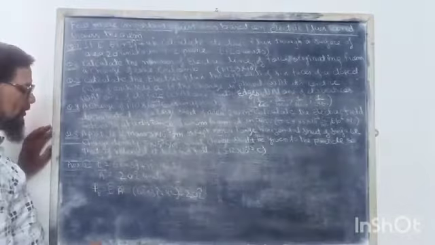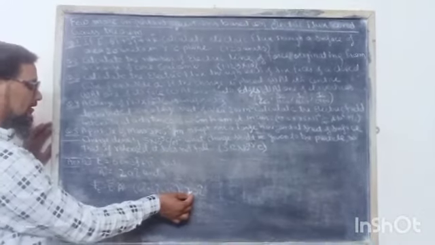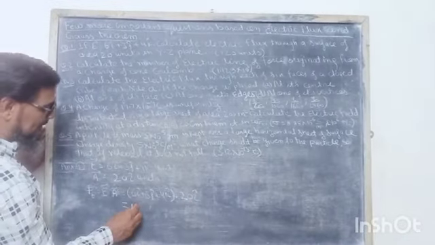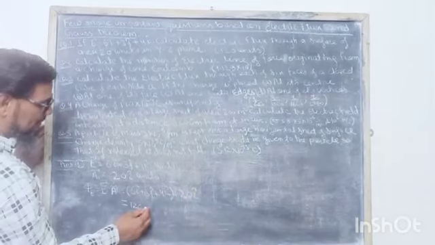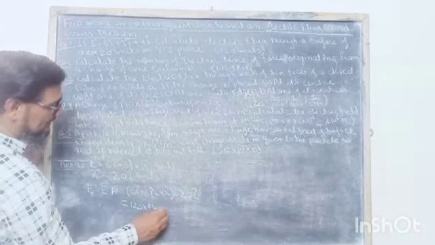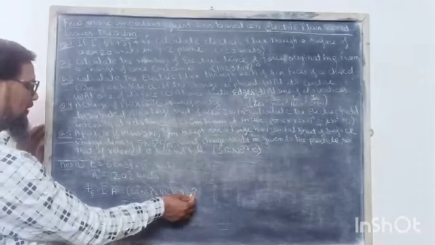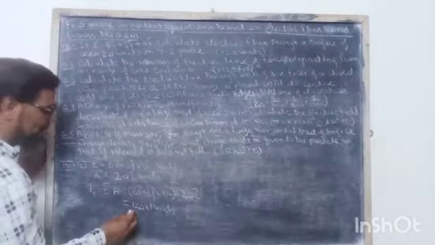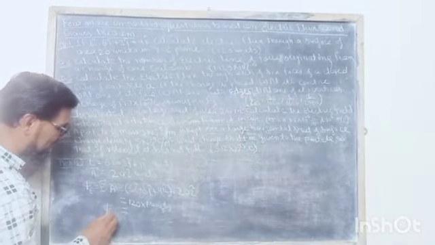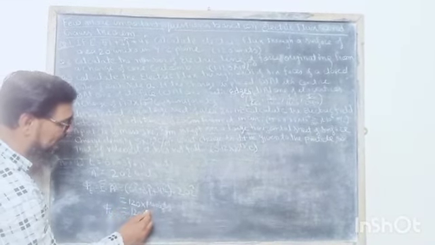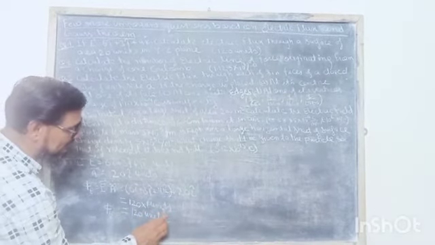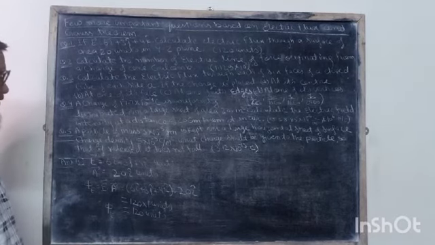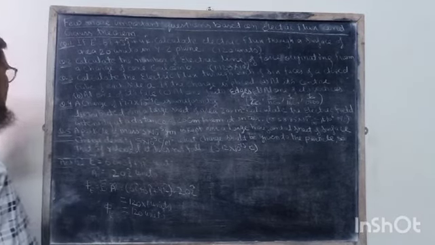We know that in a dot product we multiply only the coefficients of i and i. So 120, the value of i dot i is equal to 1, into units. And the value of i dot j is 0, and the multiplication of i and k is 0. So the value of electric flux will be 120 units. And we know that electric flux is a scalar quantity, so no need to show the direction.